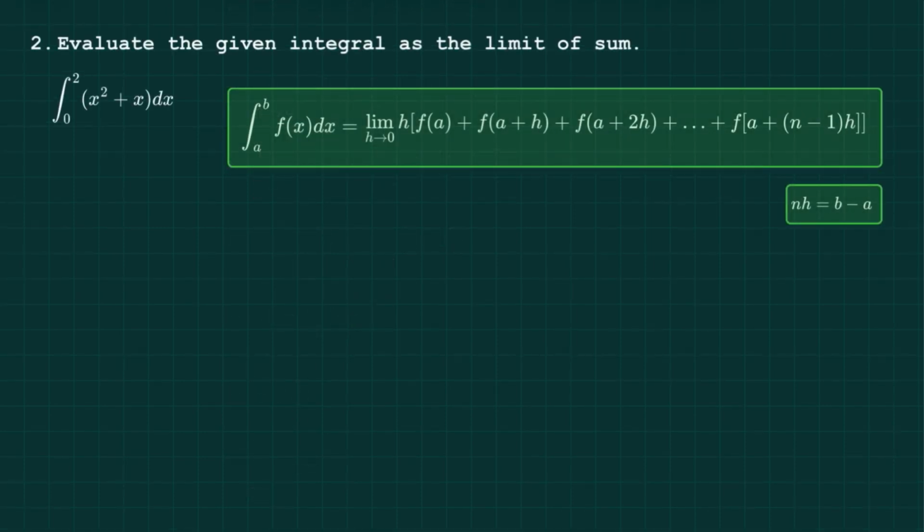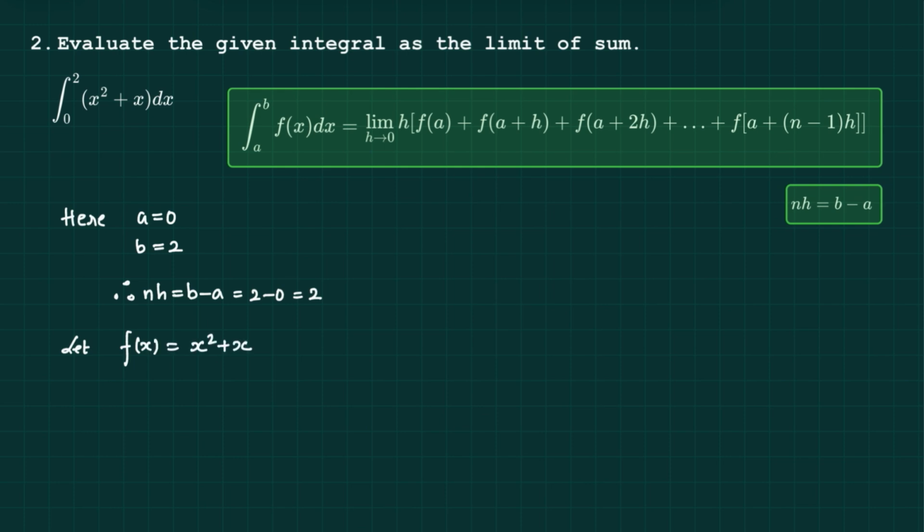Question 2. Evaluate the integral from 0 to 2 of x square plus x dx. So here the value of a is equal to 0 and b is 2. Therefore, n into h, that is b minus a, will be equal to 2 minus 0, and that is 2. And let the given function be f of x, that is x square plus x. Therefore,